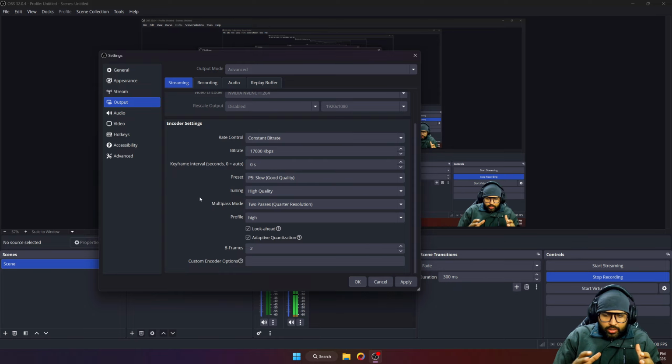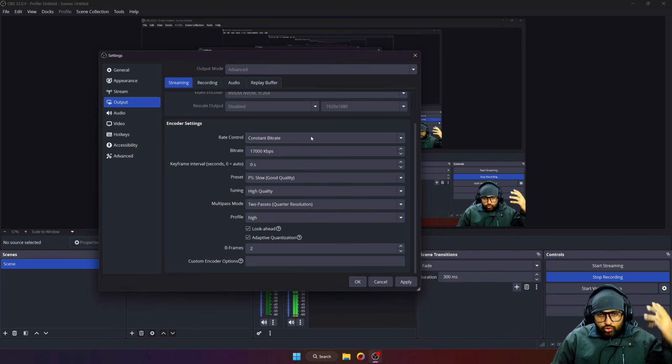So when your CPU and GPU are being heavily loaded, whether the load is coming from a game, this recording, or any other heavy task, your PC will bottleneck. While bottlenecking, OBS will make sure your bitrate, your kbps, is also throttled so that the CPU and GPU can run smoothly. We don't want that, because sometimes the bitrate will go so low that it will look like a 360p